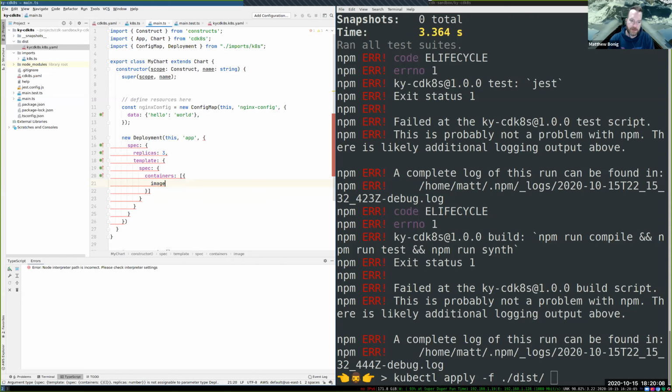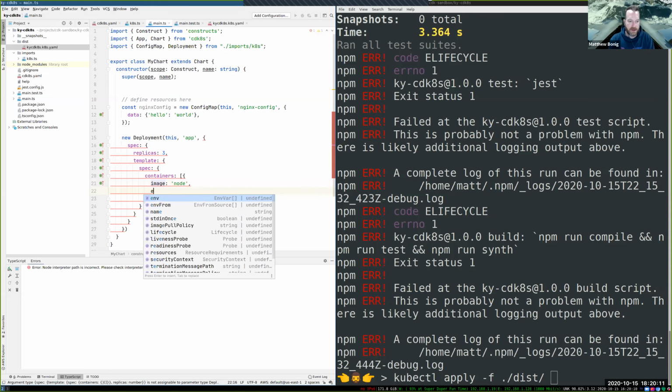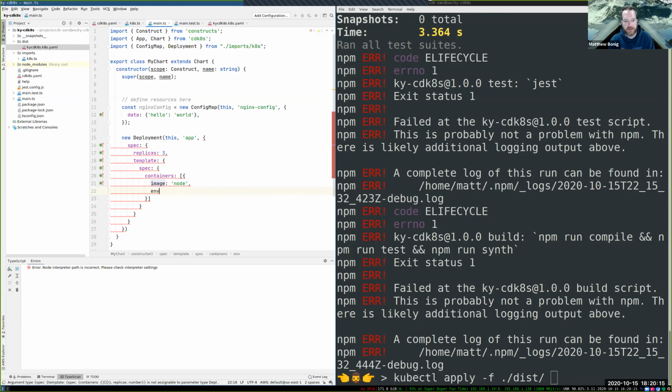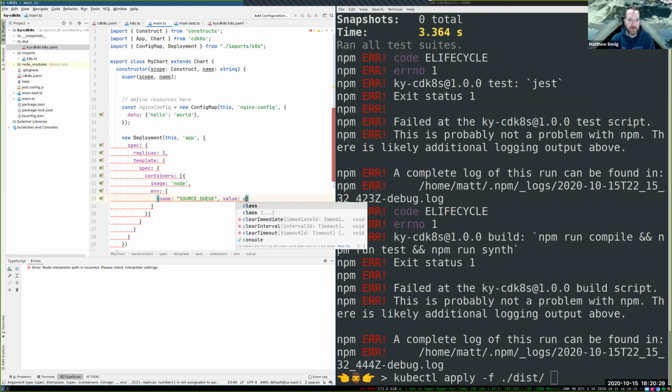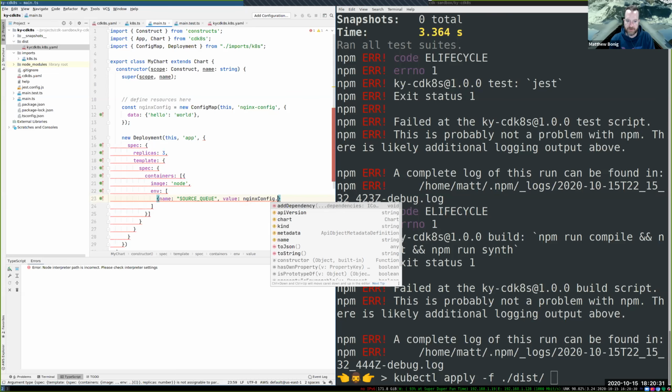And I've got an image that I'll give it, and I've got environment variables. In this case, I can say that my environment variable is going to be simply a name of source queue. Actually, let's give it a better name, source queue. And the value is going to be something from nginx config dot, whatever.